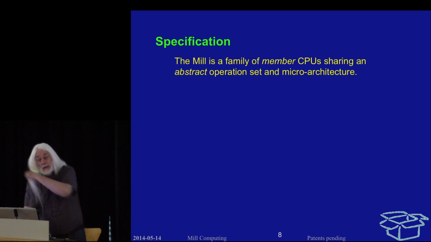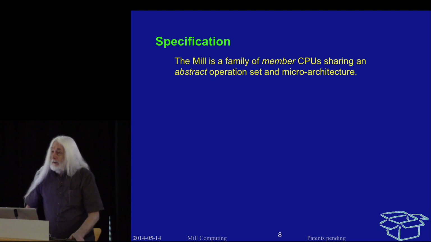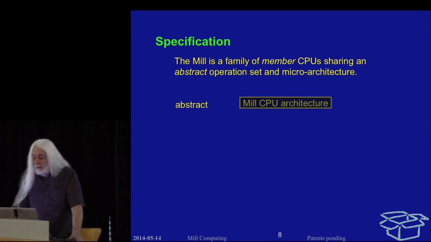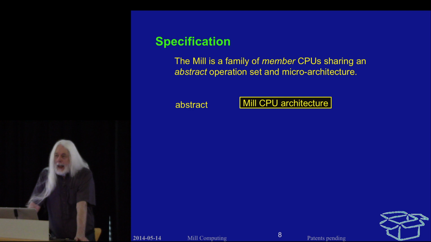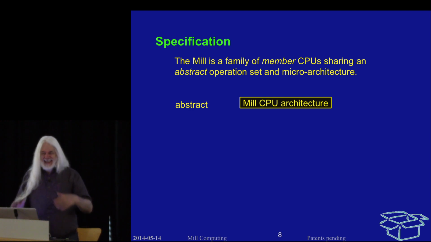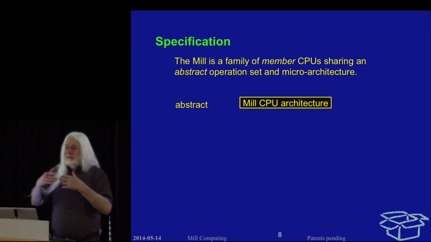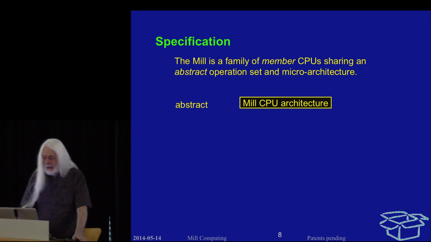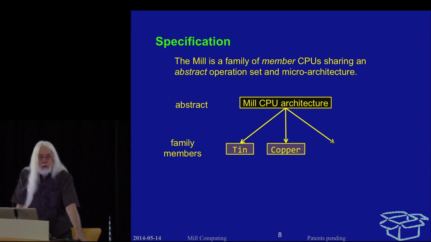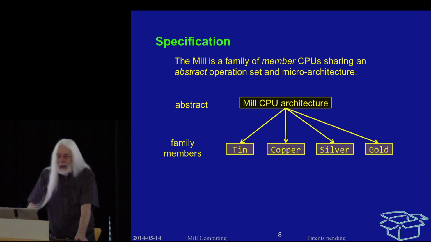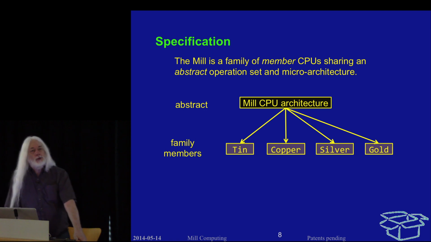Specification. As I said, it's a family of CPUs. What defines the family is an abstract mill. It is sort of the union of all possible mills. That abstract mill can be used to produce individual family members, and that set of 4 that you see there